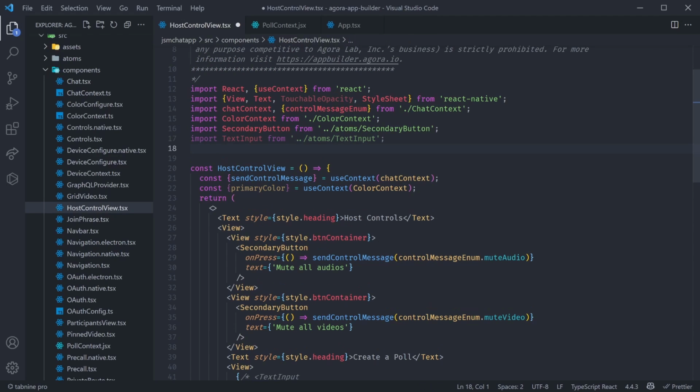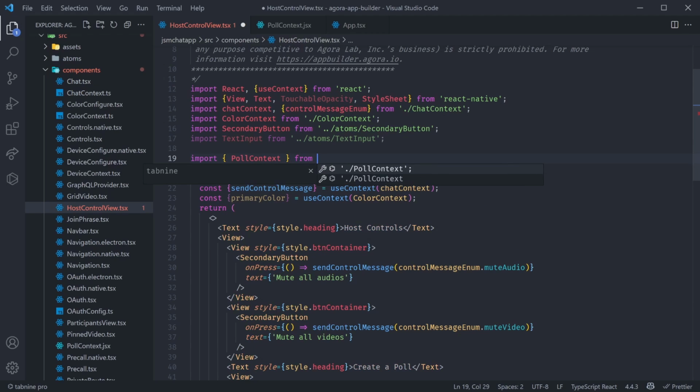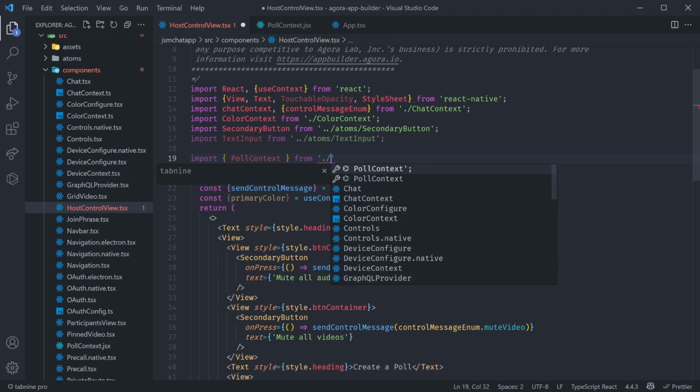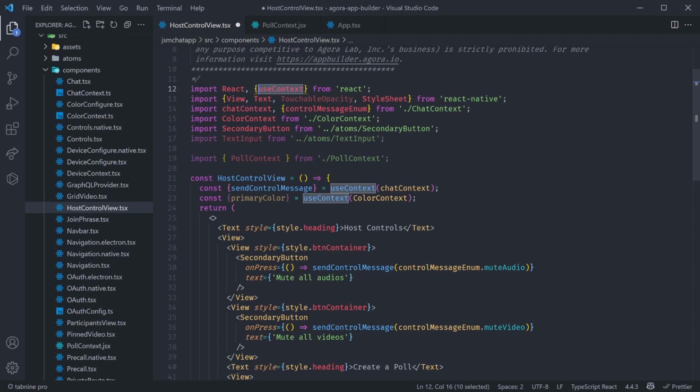context. Inside of here, we can first import our context. So we can say import, that's going to be poll context as a named import in curly braces from, and then we can simply say /poll context. Great. Of course, we also need the use context from React, and we are already importing that. So